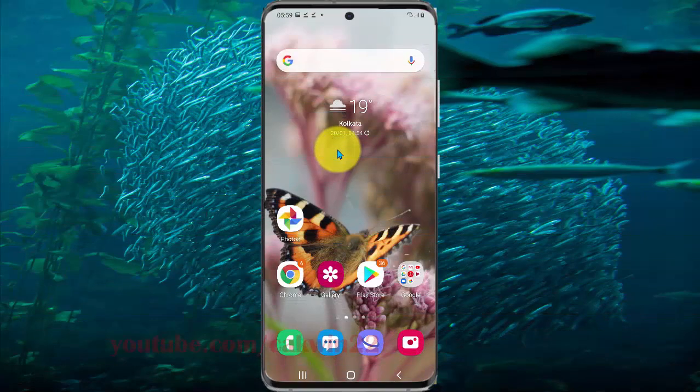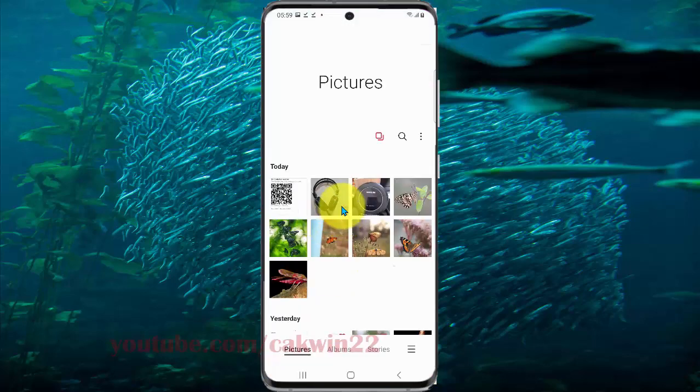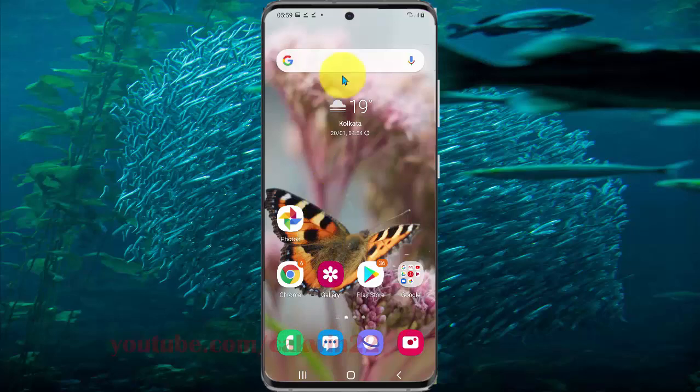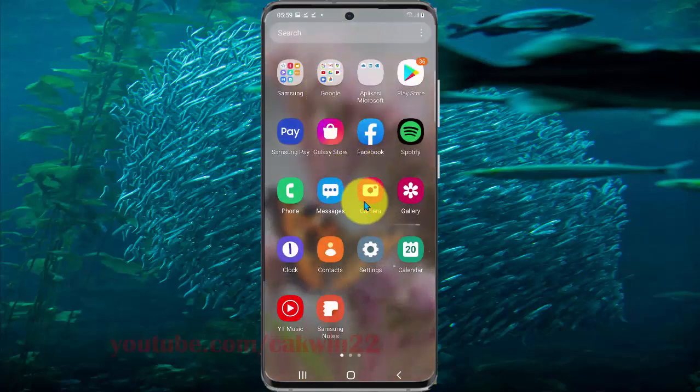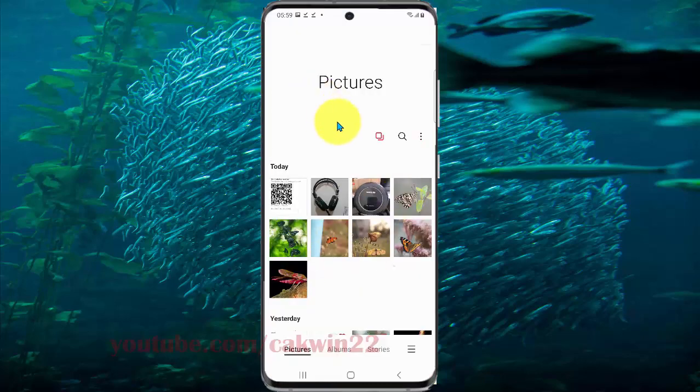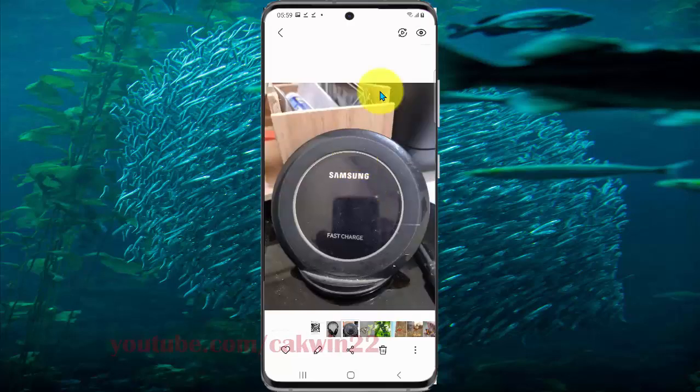To find a product with a picture on the Samsung Galaxy S20, open the picture you want, then tap Gallery. If you cannot find Gallery on the home screen, you can open it from the Apps screen: swipe up or turn the home screen to access the Apps screen, and then select Gallery. Select the product you want to find, for example this product, and then tap